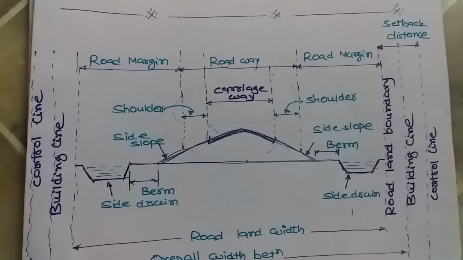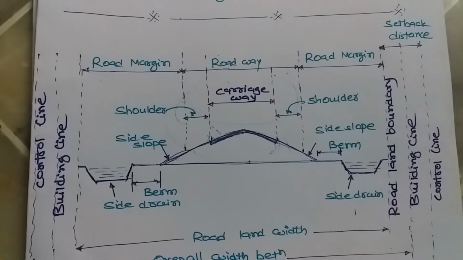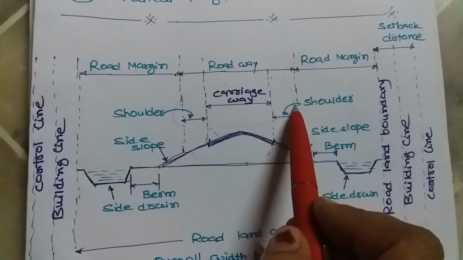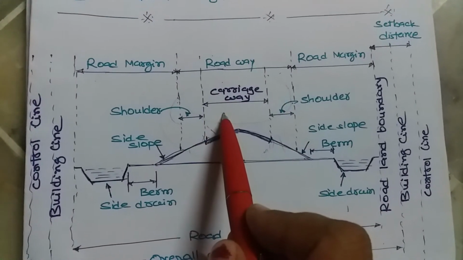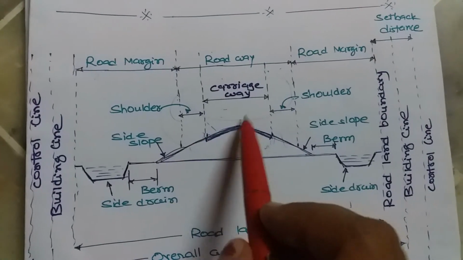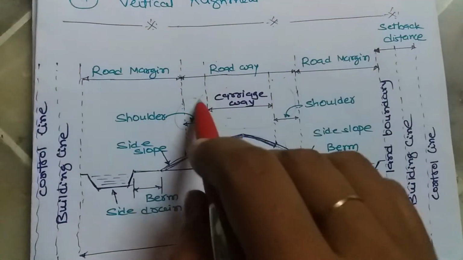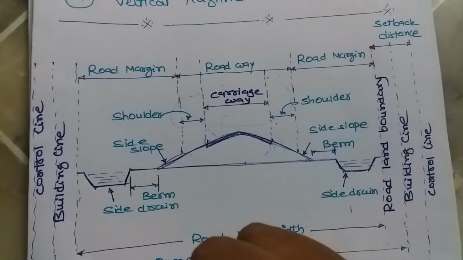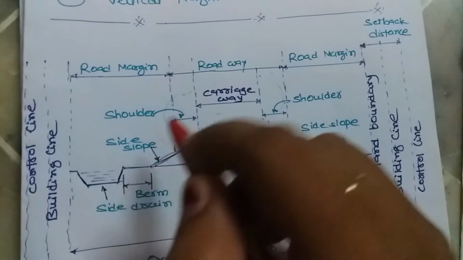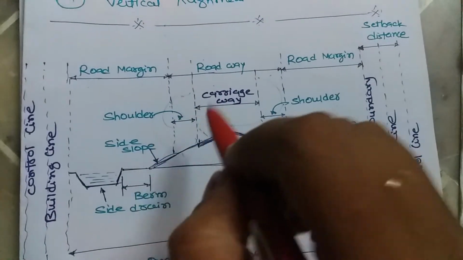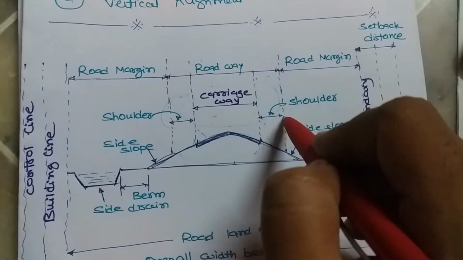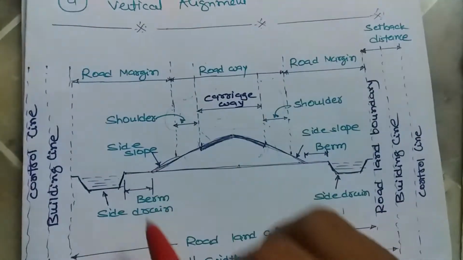So according to the IRC, carriageway for various classes of roads means how much width to take, okay. If single lane then 3.75 meter, two lane without raised curbs then 7 meter, two lane with raised curbs then 7.5 meter, intermediate carriageway then 5.5 meter, and if multi-lane pavement then 3.5 meter per lane. So remember that for the single lane 3.75 meter and two lane 7 meter.